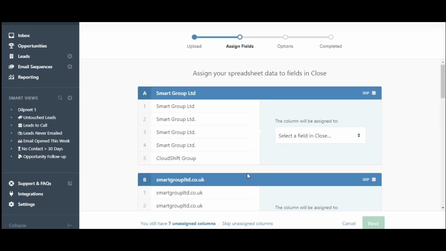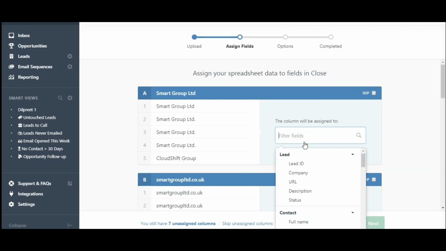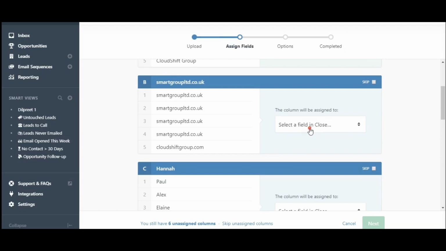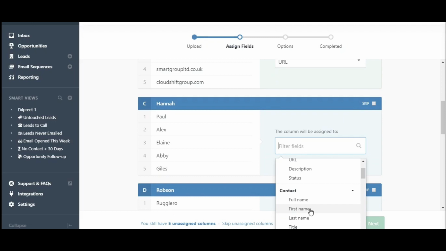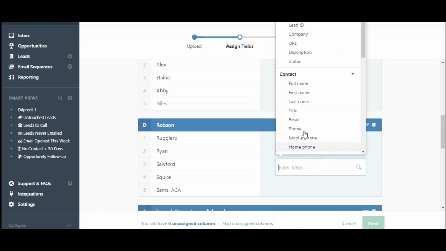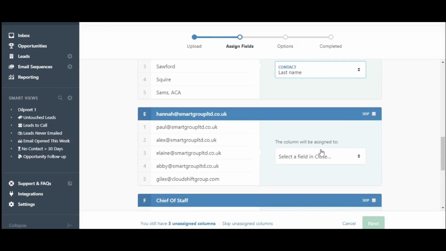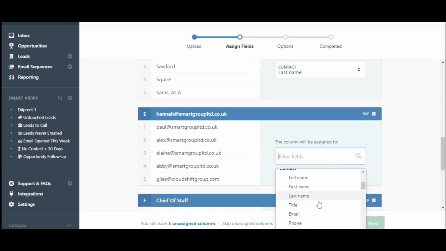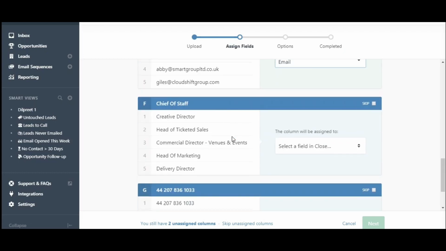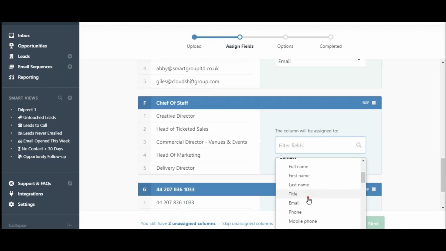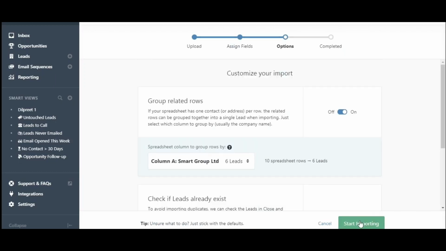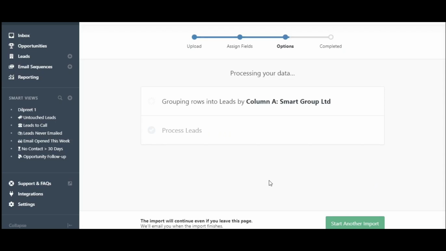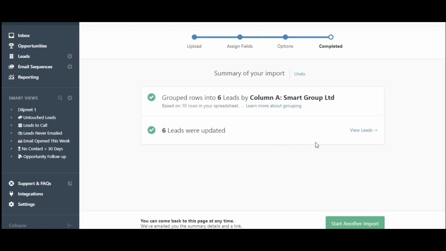Now I will assign all the columns: this is the company name of our leads, the URL, this is the first name of a person whom I want to connect, last name, this will be the general email ID, the title of the person in the company, and this is the phone number, and I start importing it. Now my 6 leads are updated here.